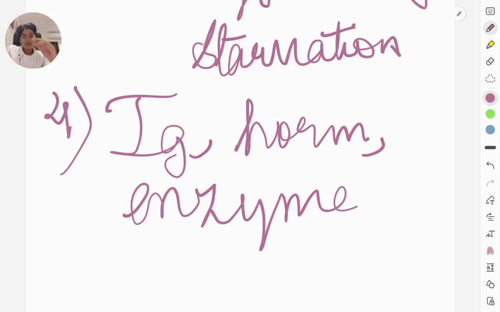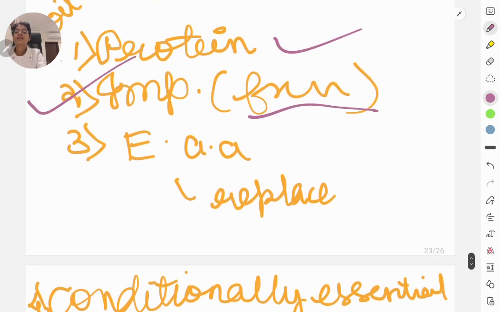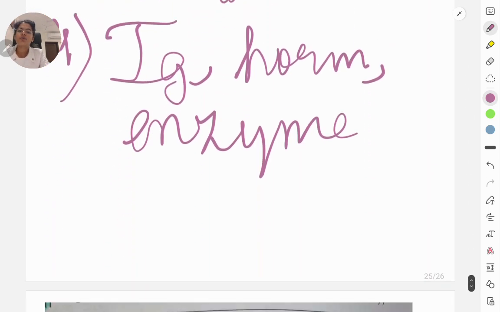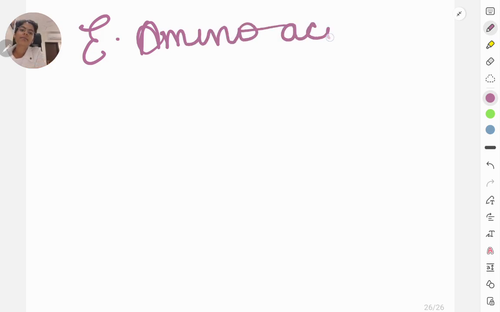Now what is the next topic for us? That importance is done. Now let's see what the essential amino acids are. The proteins are made up of amino acids, that's clear to all. Now let's see what the essential amino acids are. Keep this in mind, I have made a mnemonic: VIP hall